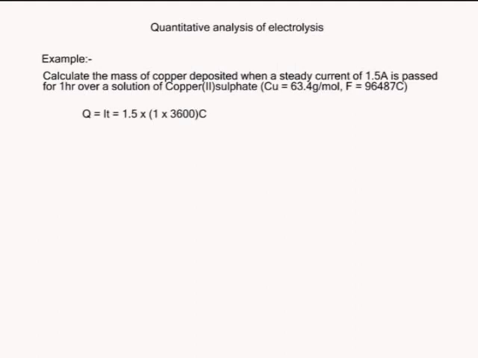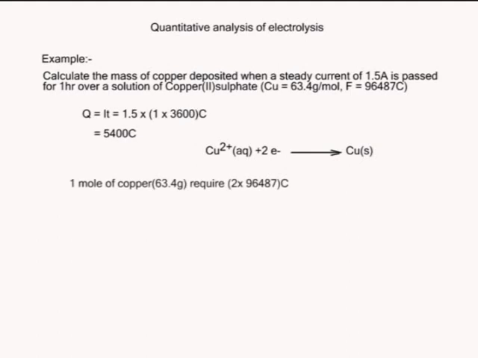So that gives us 5,400 coulombs. Now, to deposit 1 mole of copper, we need to lose 2 electrons. So we have 2 times 96,487 coulombs. So 1 mole of copper, which is equivalent to 63.4 grams, will be deposited by a charge equal to 2 times